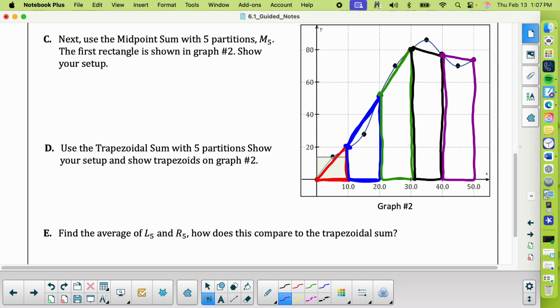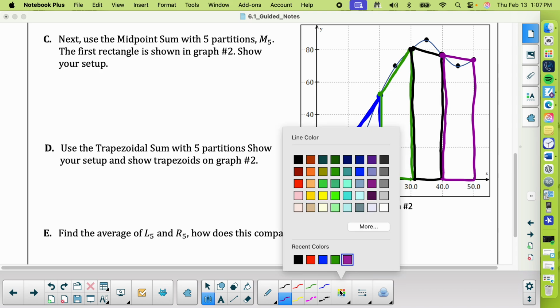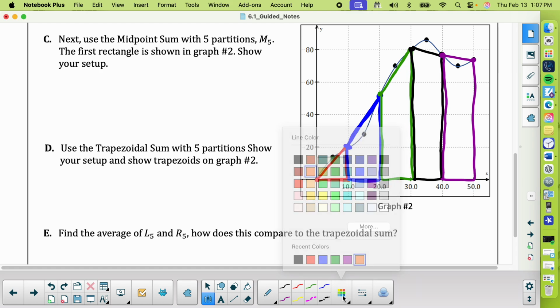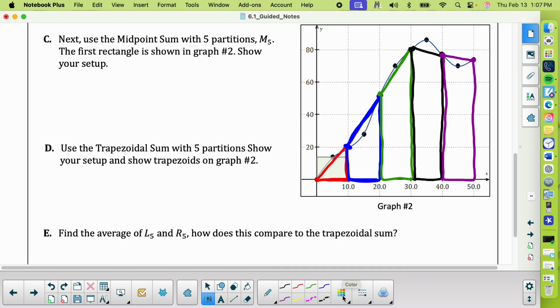So there's two ways to do this question. One way is you're going to find the area of each trapezoid, which works totally fine. It's just super annoying because the formula for a trapezoid is so much more work than a rectangle. However, what they figured out after a while, I need another color here. Orange, sure. What they figured out after a while is that this trapezoid is exactly